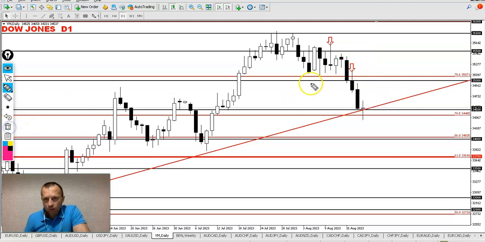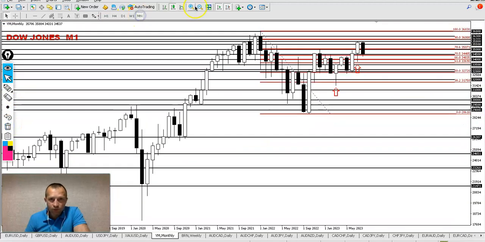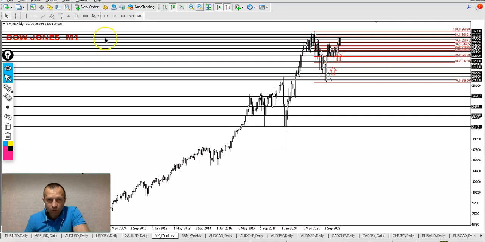So I would recommend to sell. Resistance here 35,000, and support near 34,500, and then another one at 34,000, and a lot of room for the downside. But you know, there was a lot of discussion that this market has been overbought for a long time. You remember this catapult to the upside, and now it's time to go to the downside.